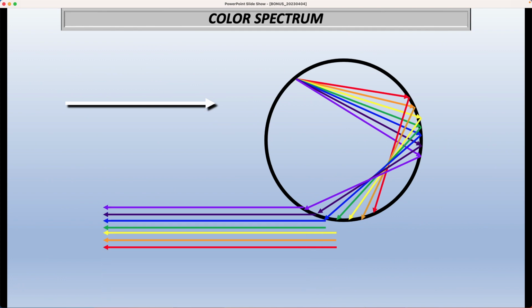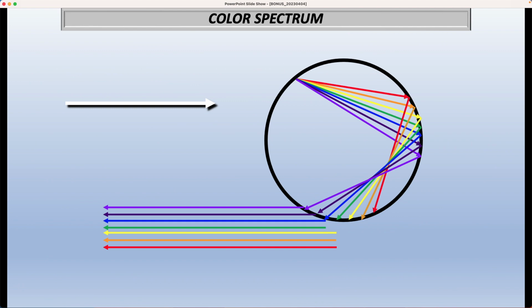So the red will always be on the top edge of the rainbow, if you will, and the violets will be on the bottom. Now, every once in a while, the raindrops will reflect twice off the back of the raindrop, and you will get what we call a secondary rainbow, and the order of colors will be reversed. So if you see a secondary rainbow, the red will be on the bottom, and the violet will be on the top,